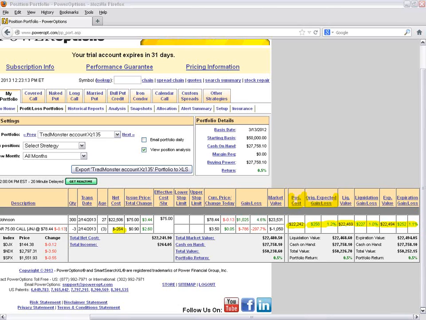Now, why is there a subtle difference between the original expected value of $258 versus making $252 here at expiration? What the system is saying is that if the stock's trading at the same price at expiration, we'd make 1.1%. But why am I not making the 1.2% that we were looking at? It's a difference here of $6. Well, the system is calculating a commission fee. It knows that if the stock stays at 78.44 on this covered call, we'd get assigned,